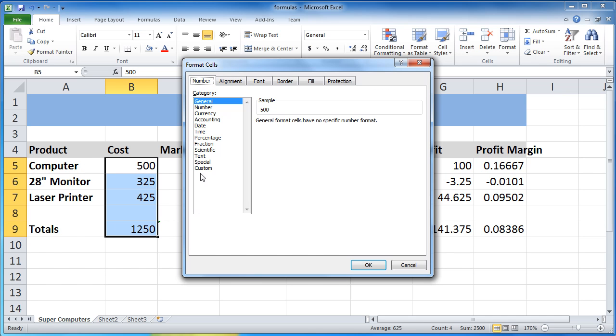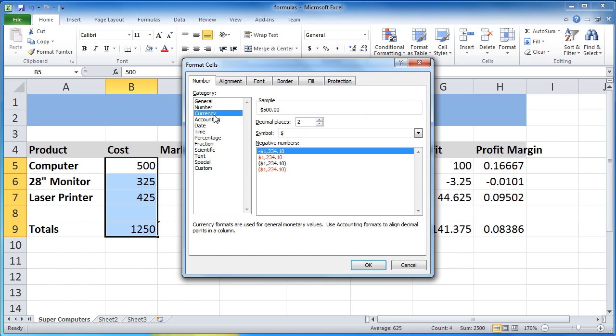Under the category there's an option for currency. It shows me a sample of what it's going to look like. I can choose how many decimals I want, and how to deal with negative numbers. Notice also we have different denominations of currency.